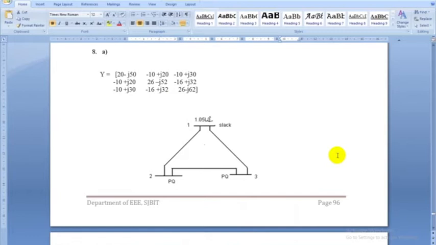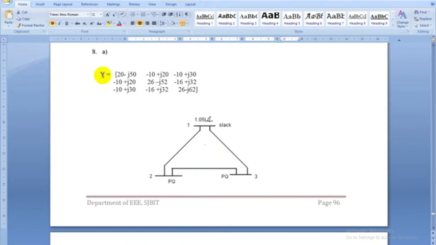You see here we have a 3-bus system. Out of this, first bus is slack bus and its voltage is given 1.05 at an angle of 0, and 2 and 3 are the PQ buses. So in the theory you will be knowing what is bus, what are the types of buses, and what are the known and unknown parameters at the given bus. All this we know, and also it is given